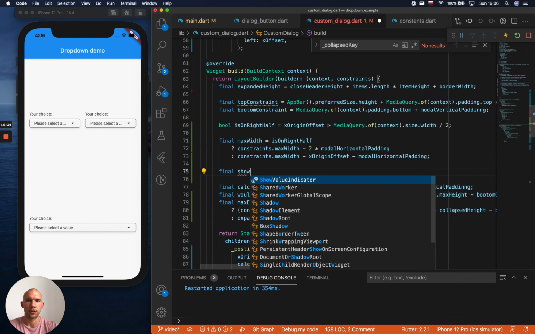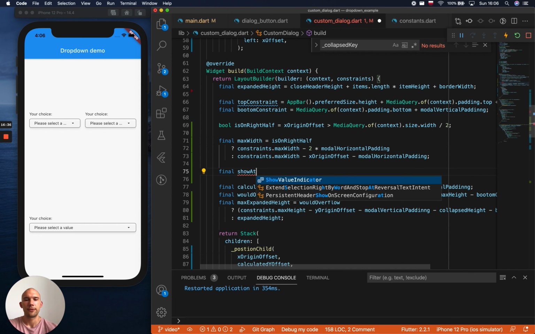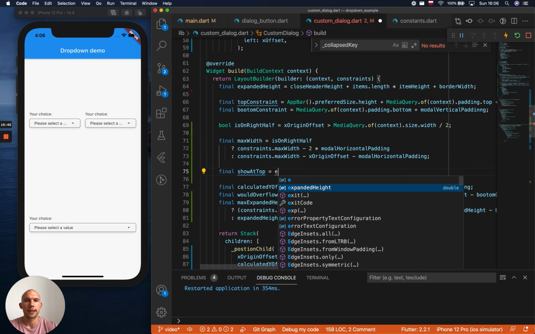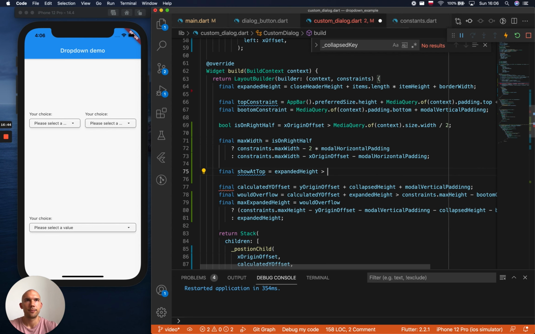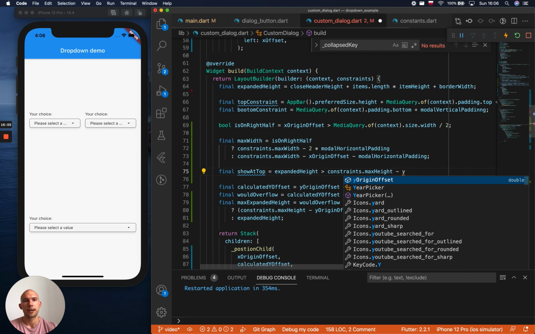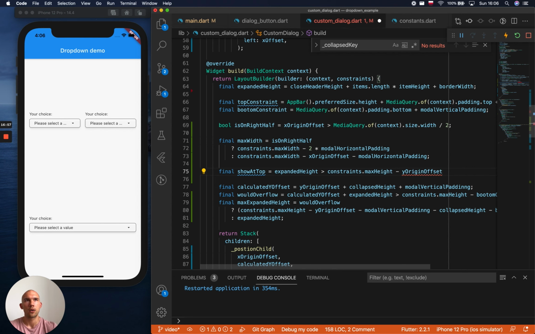So it's called our final variable show at top, and that will depend on the fact whether the expanded height is bigger than what we've got available. So that's constraint max height minus the origin y offset minus